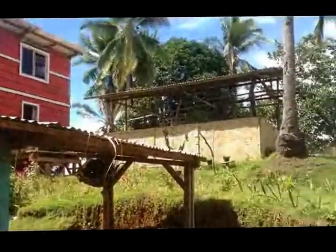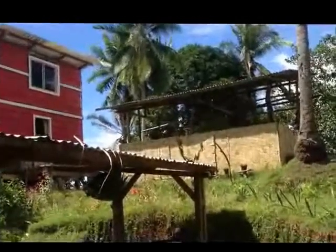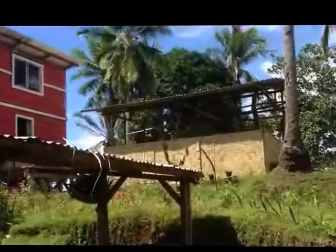That workshop was made by Manorado, my brother-in-law, and it's all in materials which are, other than the metal roof, all in materials that he was able to get on the property from various trees that are growing all the time and being replaced. And even the panels are spliced bamboo and then woven in much the same way that you may have seen in our last video, which was about